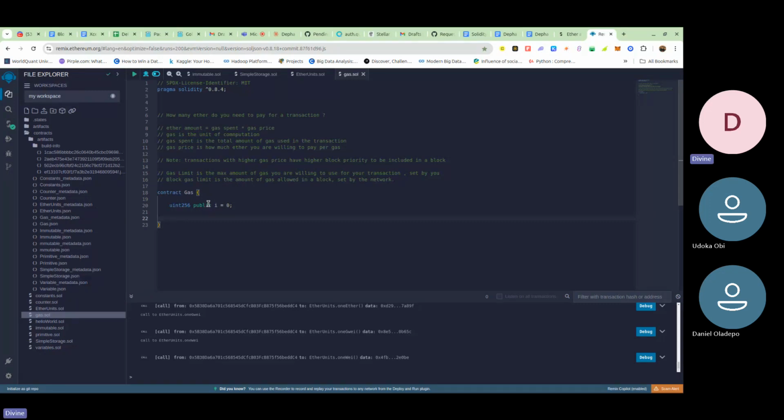So if I say function forever, I want to create what they call an infinite while loop. So if I say while forever public, see while, sorry, I say while true,